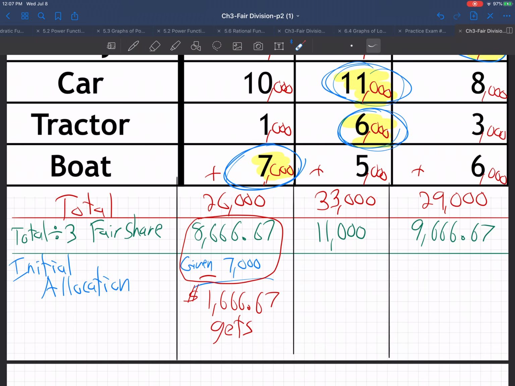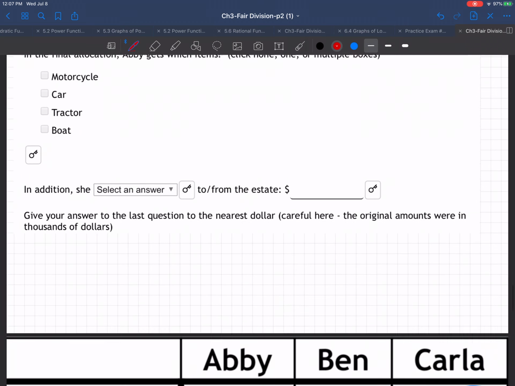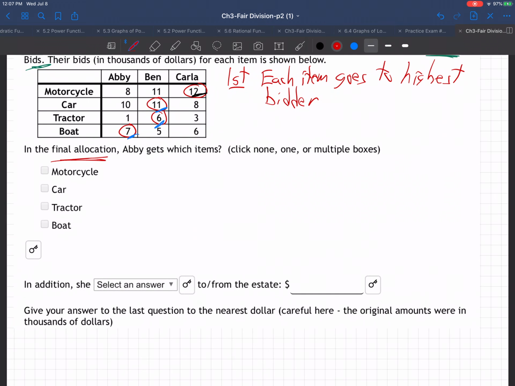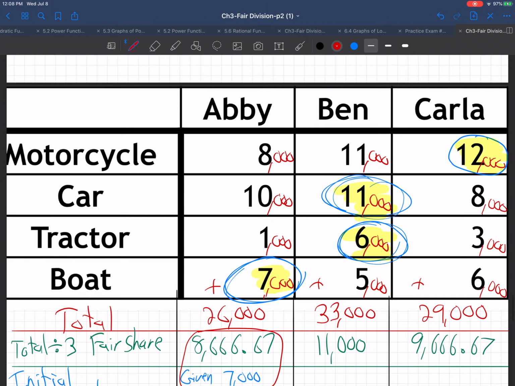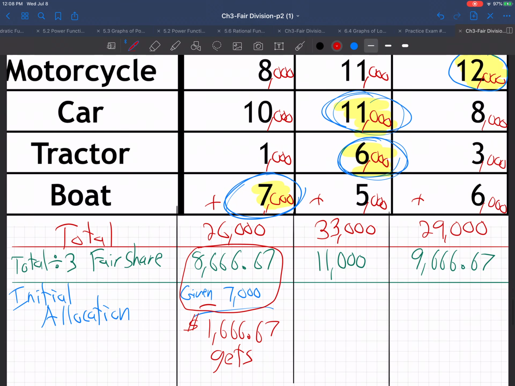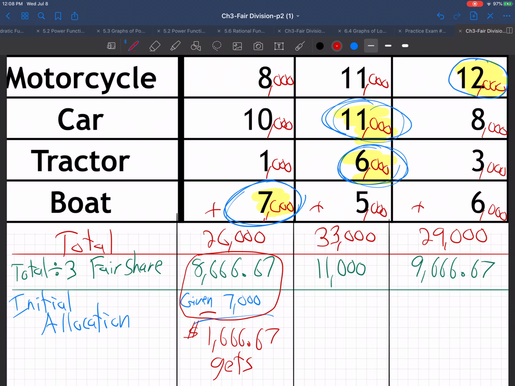Let's go fill in those numbers. So coming up to, oh no, they just want final. So we're not ready yet. Keep on going. That's just the initial allocation. We're not to the final yet. We have to do the other people. We can't just keep going with Abby. Now we have to do the others. So for the next person,